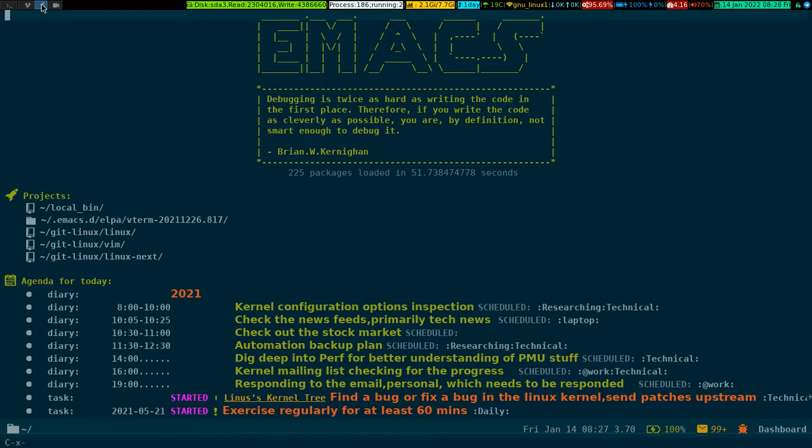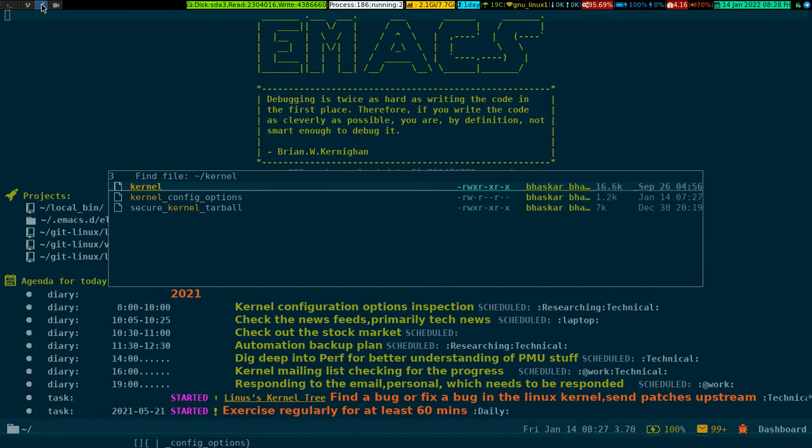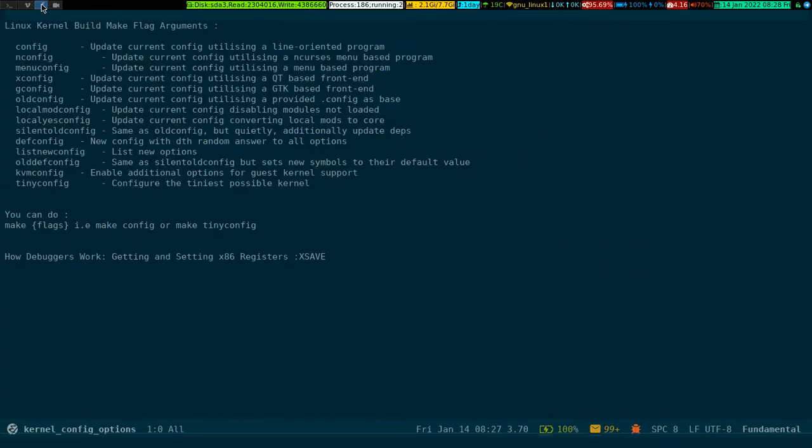So let me open a file. Now this is a simple text file. Say for instance, if I want to highlight a specific phrase in this particular file, all I have to do is press meta shift h p. See, look at the bottom. It is saying phrase to highlight. If I say new, okay, and press enter,